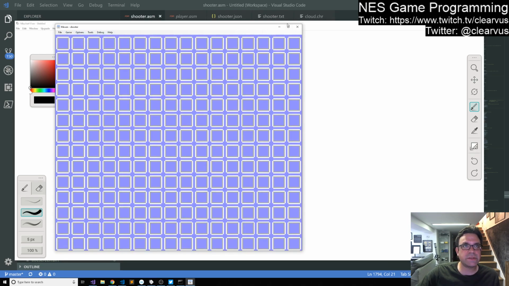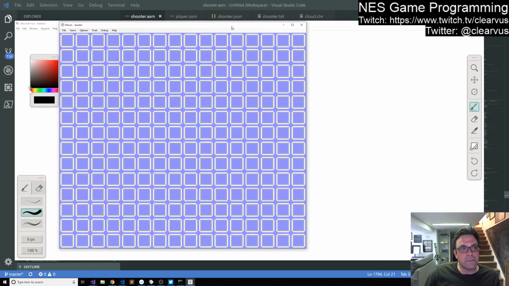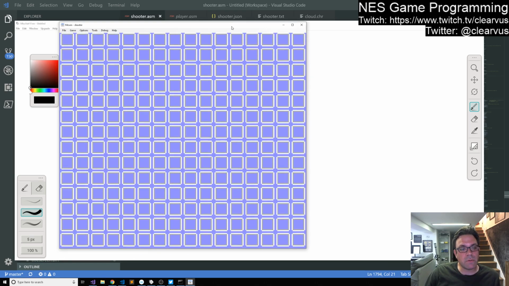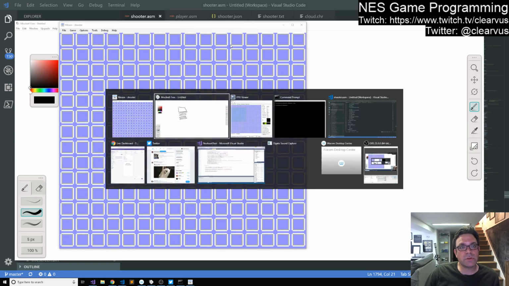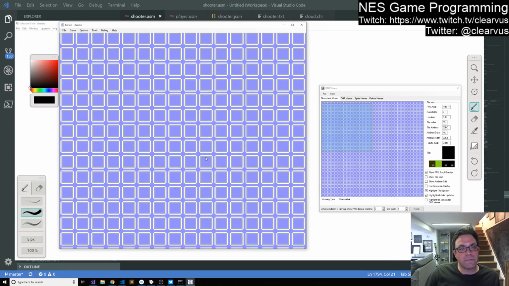That was fine for loading the level the first time when you have nothing else on the screen. But if we're going to transition between this and then load the level, now we face the problem of